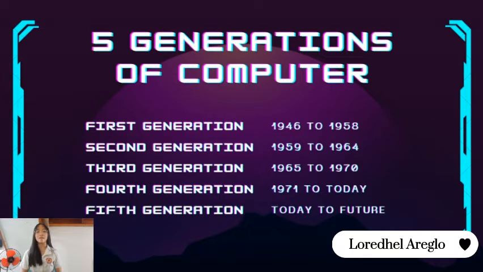Second, EDSAC stands for Electronic Delay Storage Automatic Calculator. Third, UNIVAC or Universal Automatic Computer was the first commercial computer. Fourth, UNIVAC 2 is the improved version of UNIVAC 1. Fifth, UNIVAC 1101, also known as ERA 1101, is a computer system designed and built by Engineering Research Associates in